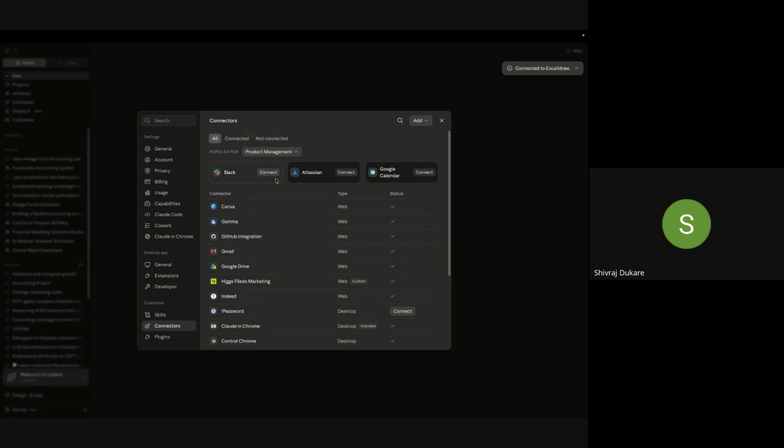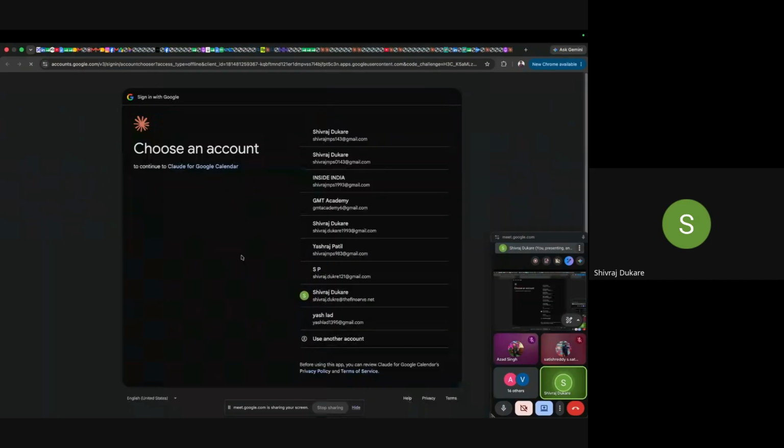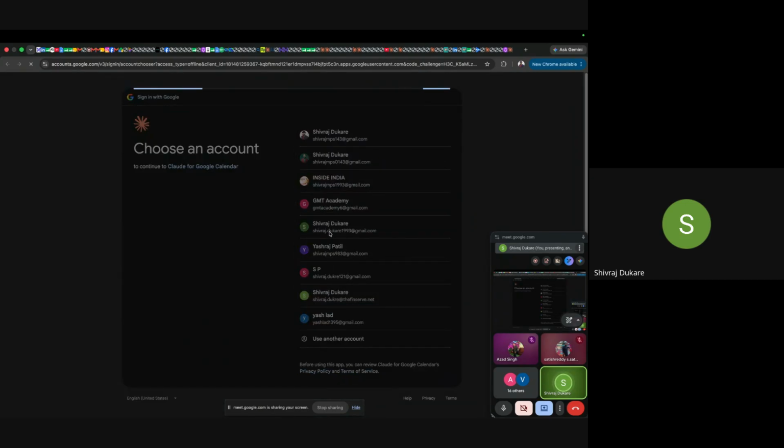Okay, all right. So if you're in a startup, you can connect the Slack messages so that you can handle everything from Slack or Claude. You can connect your calendar as well. If you connect the, let's say, calendars, it tracks everything. Now I'm connecting my calendars, but it asks for permission as well. So let's say I provide permission,